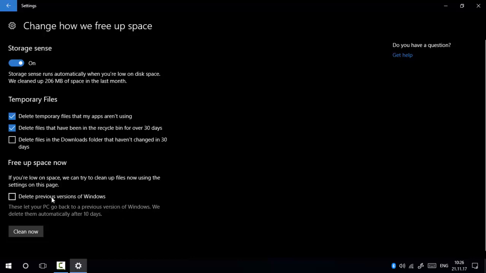So if you tick mark Delete previous versions of Windows and press the Clean now option, this will remove the previous versions of Windows. But there is a point: if you don't like the latest Windows 10 update and want to go back to the previous versions of Windows, and you delete these previous versions, you are unable to go back. So you need these previous versions of Windows to revert back to the original version if you're not interested in